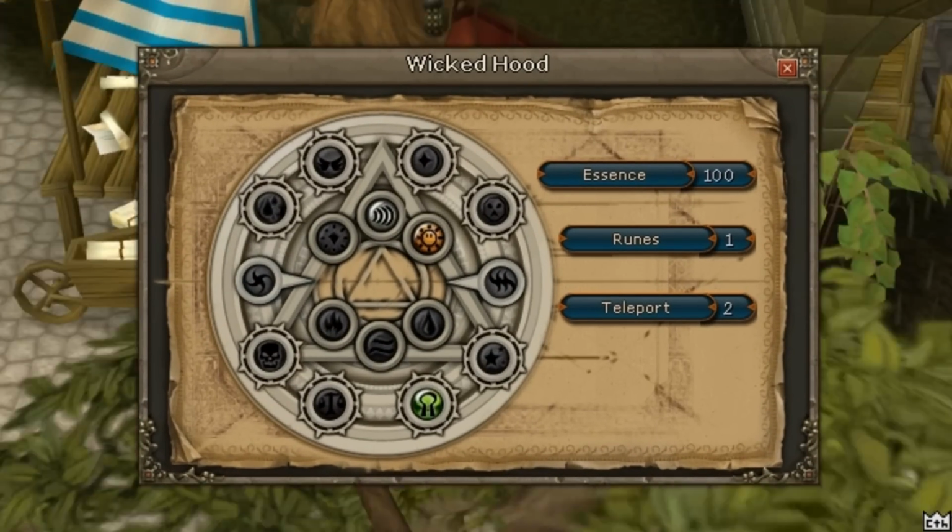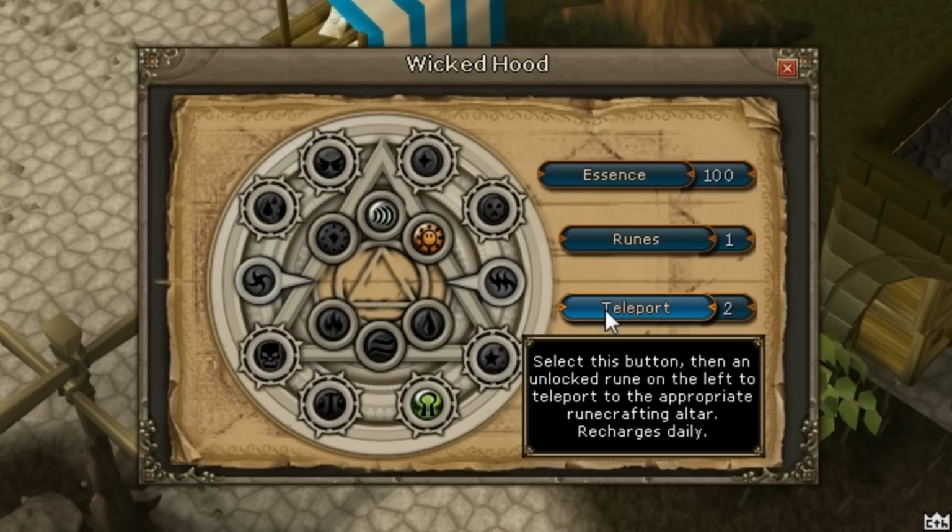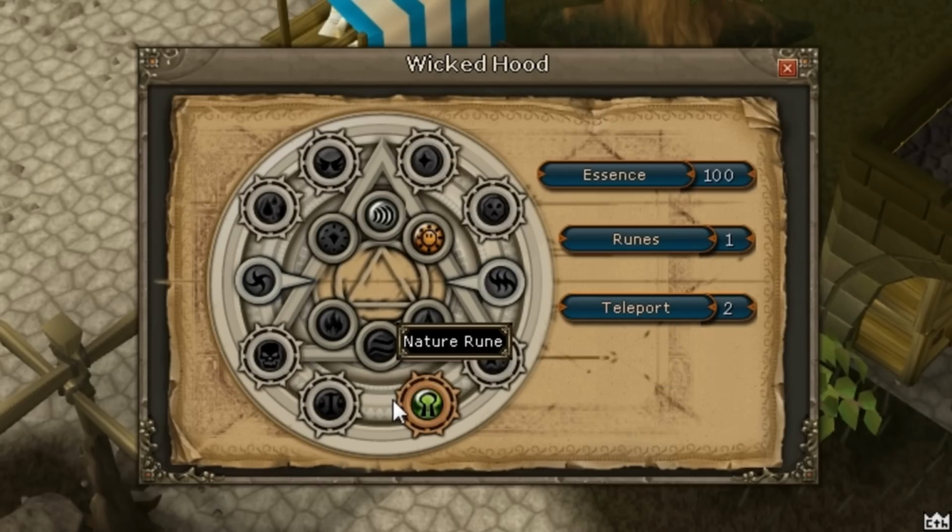As you can see, I've already added the nature altar for myself, because that was the only thing I was really interested in. But unfortunately, I was sorely disappointed. Firstly, I was happy that we have teleport, so that's nice. If I ever need to go to the nature altar for maybe a quest or something, I can get there pretty fast with this helmet. So that's nice. That's something I'll appreciate it for, because let's face it, I'm never going to use it for,